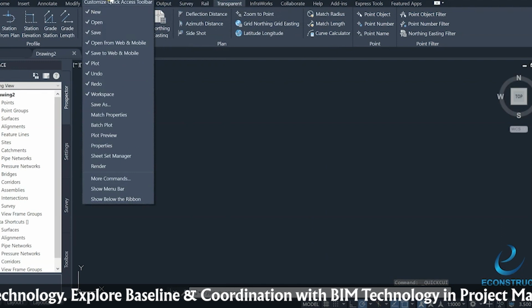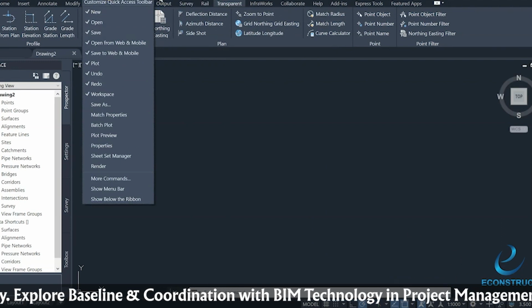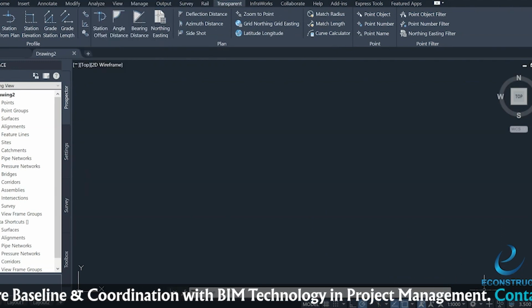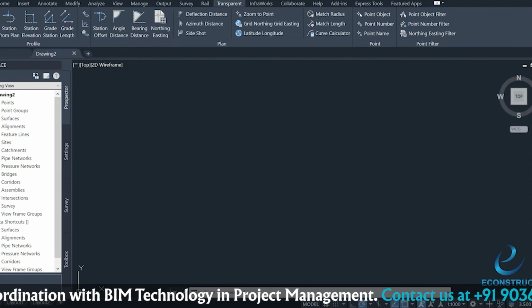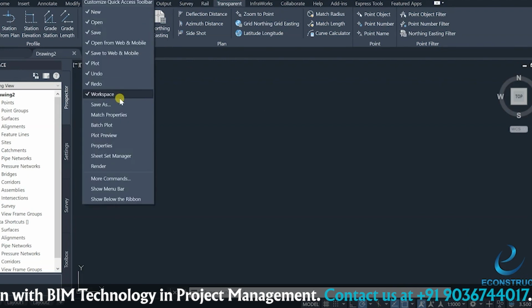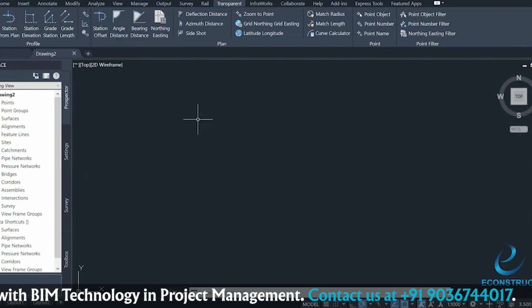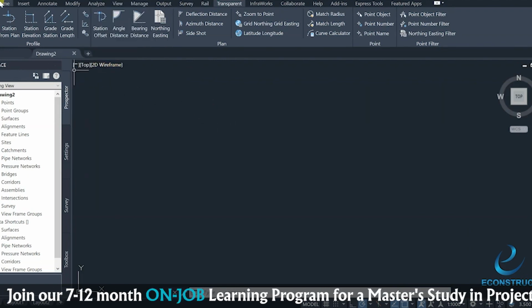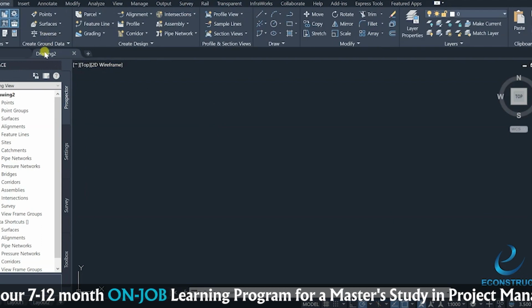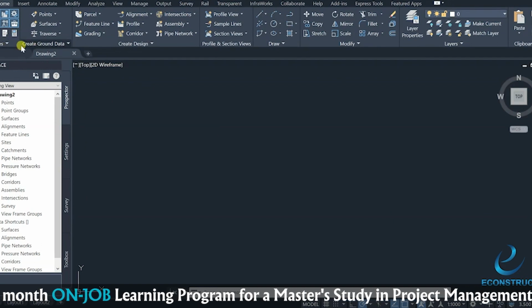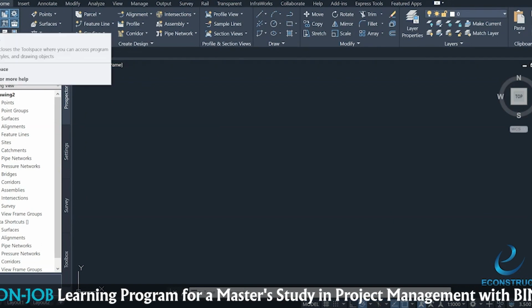Okay, and if you don't want your workspace to be here, because anyway it is available in the access tools right here, so I'm not going to keep it, I'm just unchecking it. Right, after that your home screen is not very similar to AutoCAD. There are certain palettes in which there are tool spaces there, and